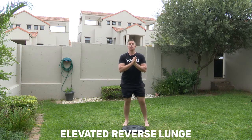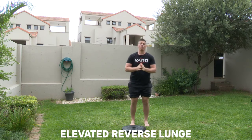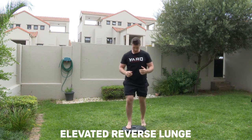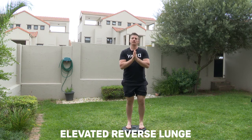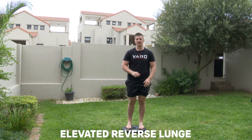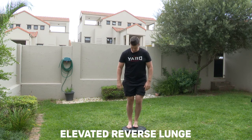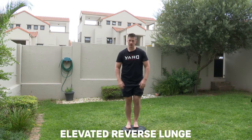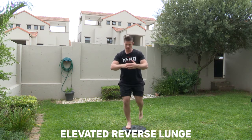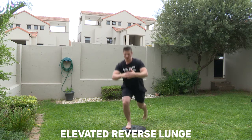For the elevated reverse lunge, guys, you're going to do a normal backwards lunge. Okay, so we're going to do it off an elevation. What will work best for you at home would be doing it off a normal single step height. So if I show you on this weight plate I'm standing on, you're going to do a normal lunge off, and I'm going to go to my back knee is just off the floor, making sure that my knee doesn't cave in, and I keep